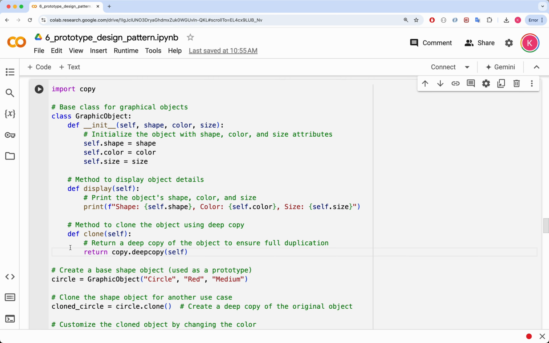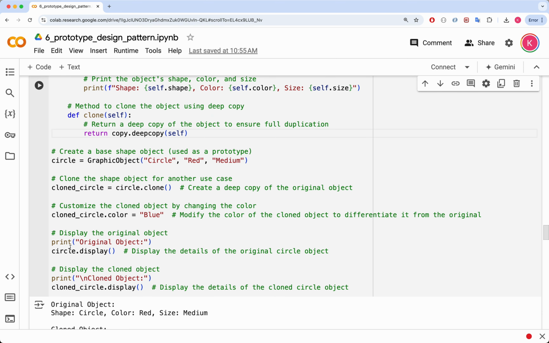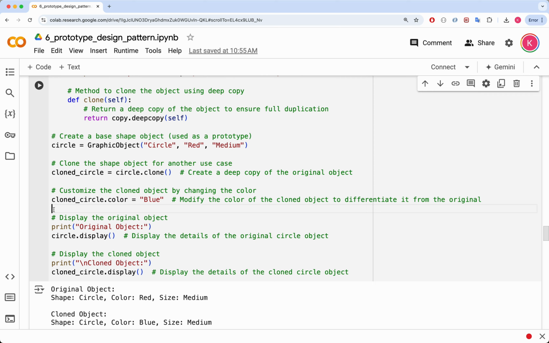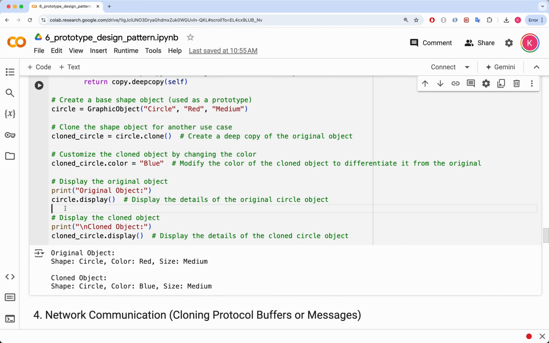Here a circle object is created as the base shape with the attributes circle, red, and medium. By cloning the circle, we create a new shape, cloned_circle, which can then be modified independently. In this case, the color of the cloned object is changed to blue, demonstrating how the clone can be adjusted without altering the original shape. Both the original and the cloned objects are then displayed, showcasing the difference in color between the two while retaining